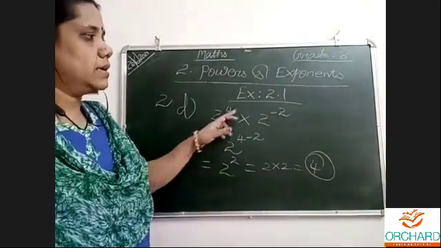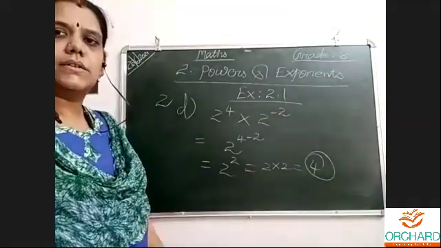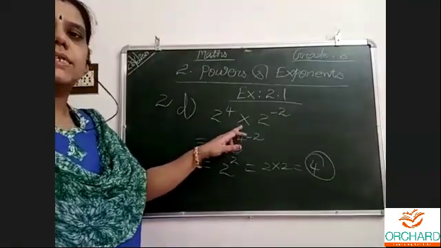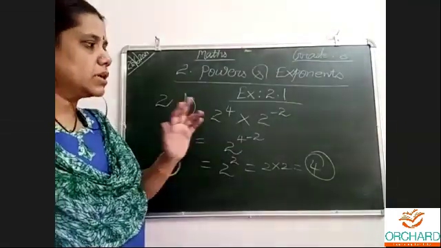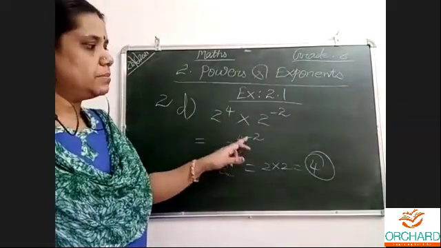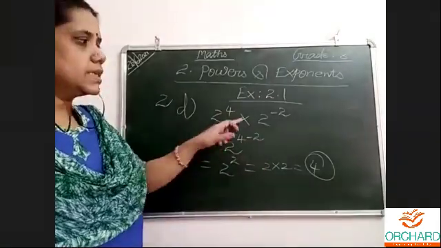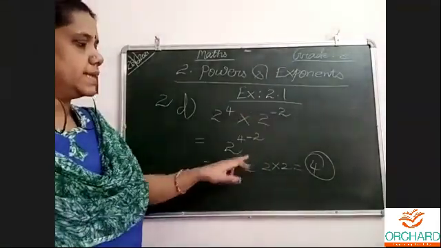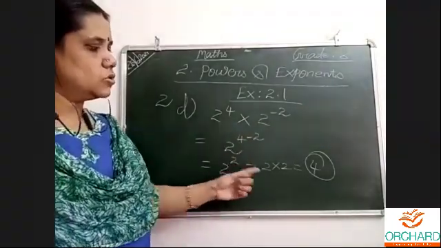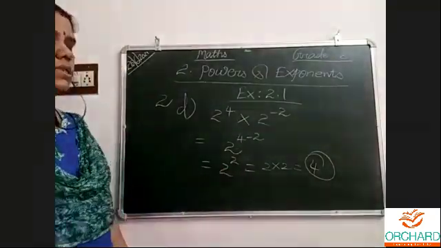So just we are adding the powers. One is 4, one is 2. Multiplication means we must not change anything. If the division symbol is there, then minus of minus 2 like that we'll get. In that case, it is positive, so no sign change. Directly we should do, according to the sign, 4 minus 2, 2. So 2 power 2, 2 2s are 4. So this is the answer.